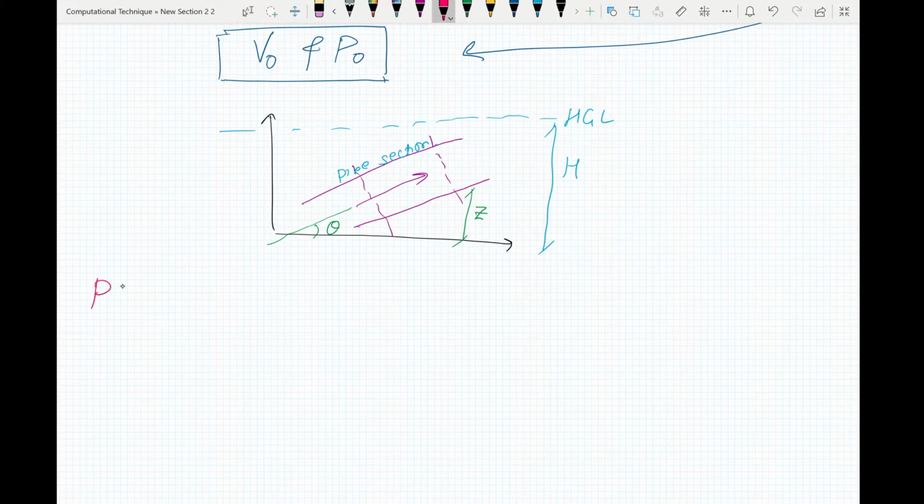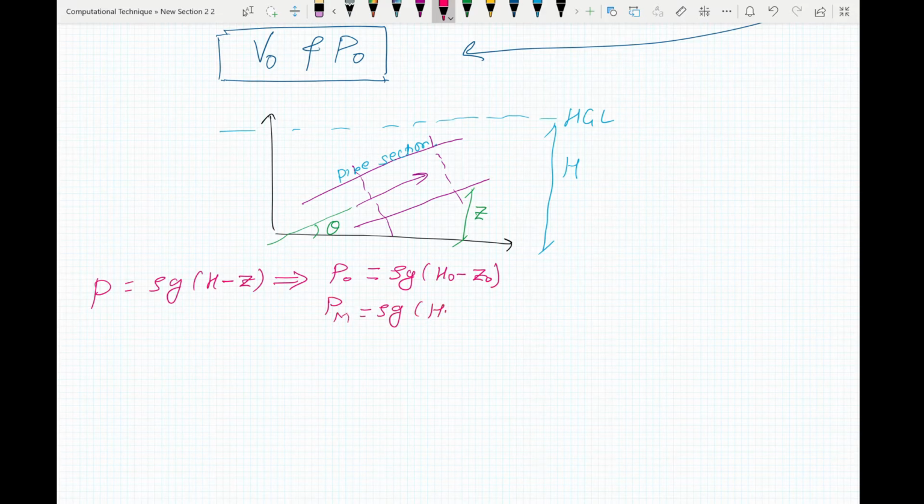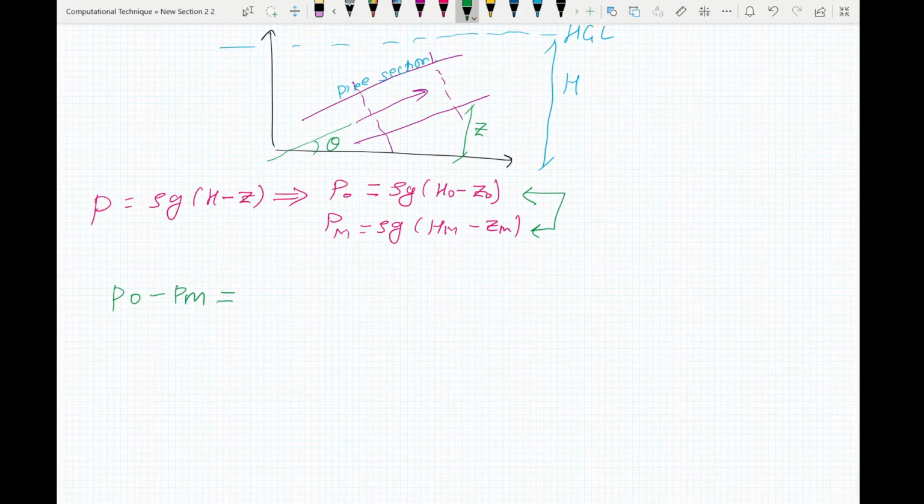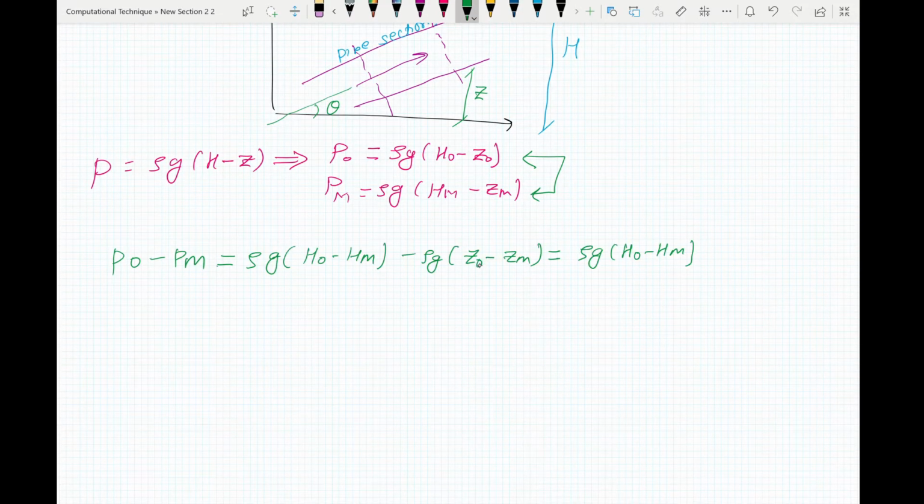Then you can write your pressure in terms of head H minus Z. Therefore, pressure at P naught will be equal to, and pressure at PM will be equal to. Now I can subtract these two equations to get our PO minus PM, which is this value here. So PO minus PM will be equal to, now this here,